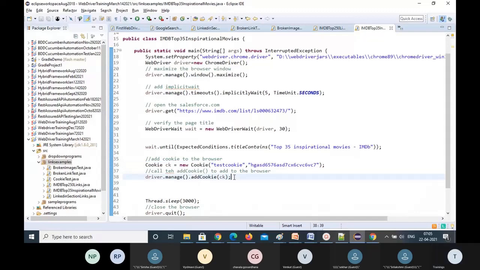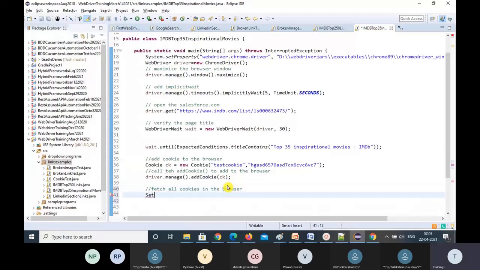Now I want to fetch all the cookies other than this test cookie. What other cookies are there in this browser with this website? So fetch all the cookies in the browser.